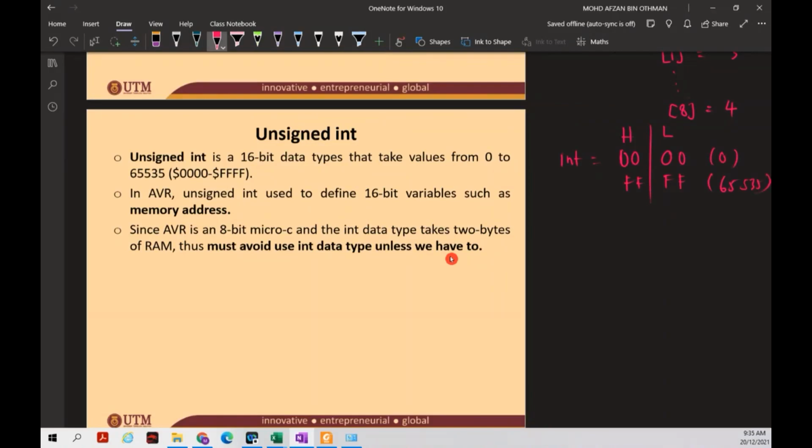In AVR, unsigned int is used to define 16-bit variables such as a memory address. So this unsigned integer will be addressing your memory address. Remember back your address: this is your data memory. Data memory can be divided into 3 parts. The first on top is your GPR, general purpose register. You have 32 GPRs, and the start address starts from 0000